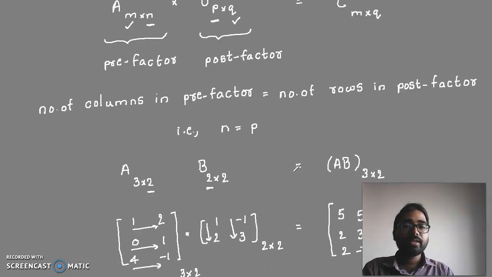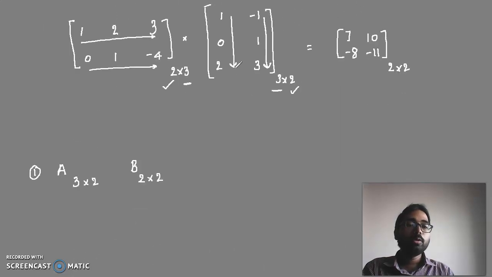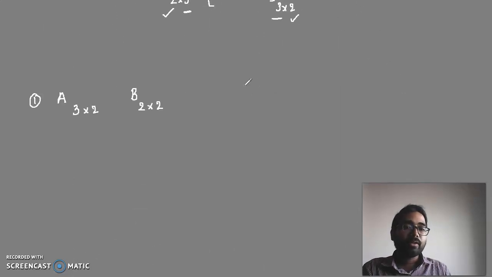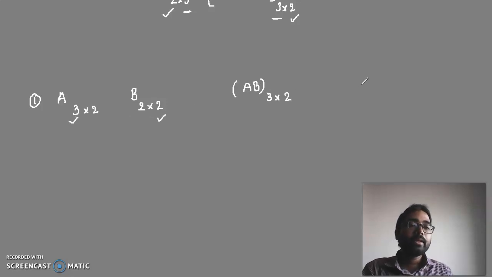So first of all, let's consider a situation where A is a 3 by 2 matrix and B is a 2 by 2 matrix. So the first scenario, the first example which we have taken, is this one, 3 by 2 and 2 by 2. So now you see here AB is defined. Matrix AB is going to be of the order 3 by 2, right? But here BA is not even defined, right? So matrix BA is not defined